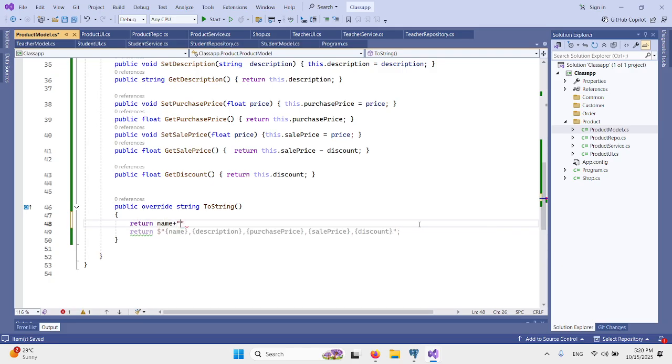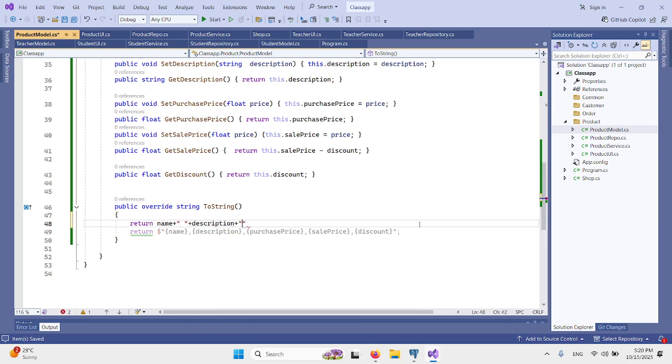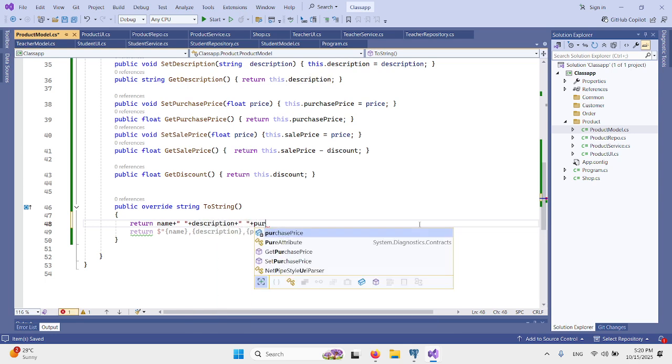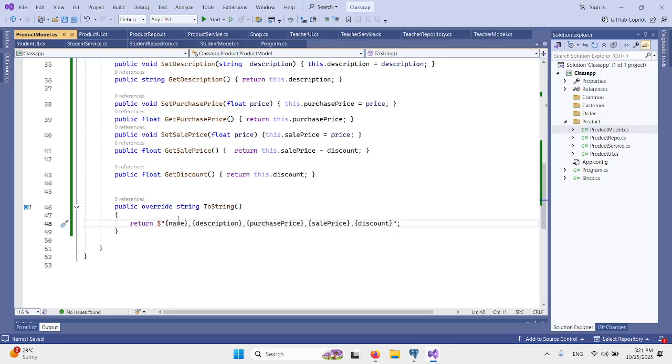Name plus description plus, this is the same. That one is a more sophisticated way to write or complete this code. Okay, so it is quite easy now. Every variable you write in the angle brackets will return the value of that variable. And if you write something without brackets, it will consider that as a string.